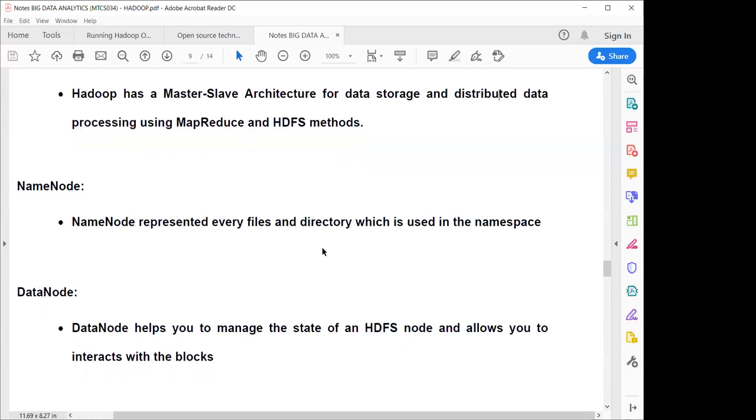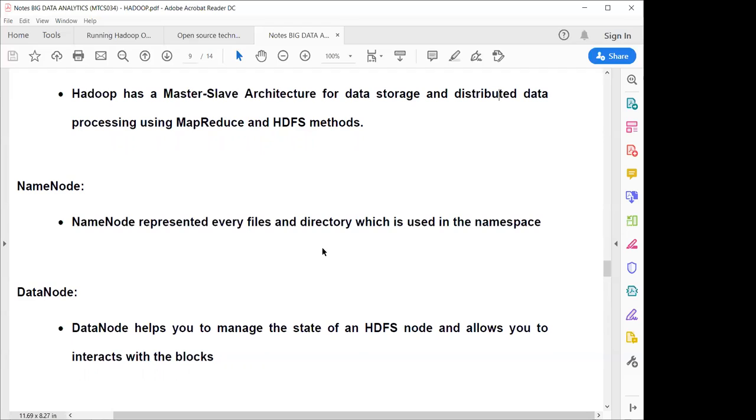Data node. The data node helps you manage the state of an HDFS node and allows you to interact with the blocks. For example, what are the HDFS node statuses? Suppose some data node has low memory, some has high memory, and so on.